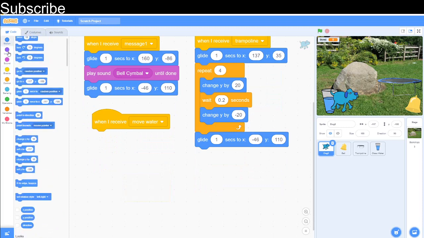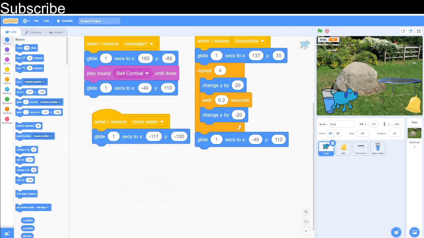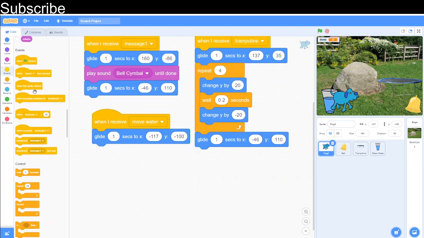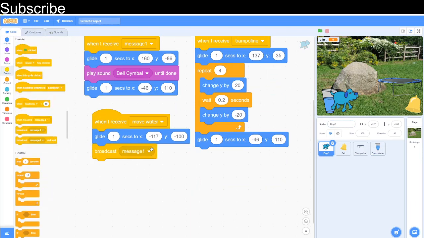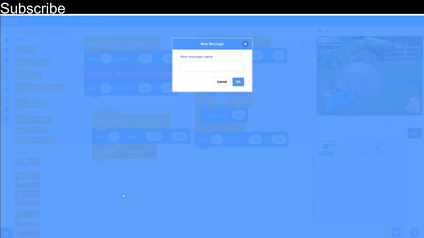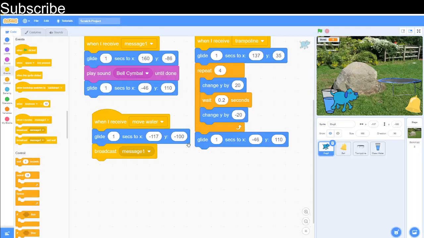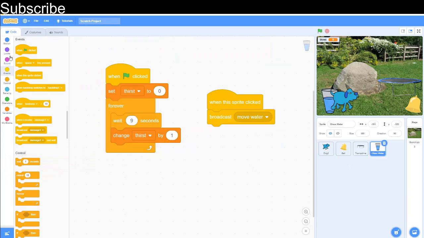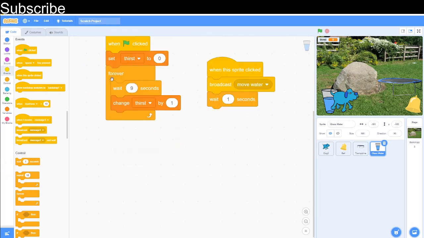And I'm doing this a bit more complicated because I want the border to actually control the sprite's drinking. Then we can say broadcast a message back to the border, or in fact, what if we just do a wait block for 1 second to save another message. So broadcast move border, wait 1 second, and then after that we can